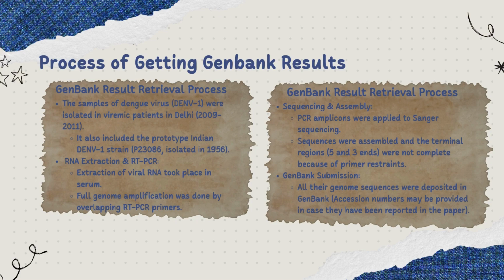The second process is sequencing and genome assembly. Next, the amplified DNA fragments were sequenced using Sanger sequencing, a gold standard method. However, due to technical limitation of the primers, the very end of genome 5' and 3' terminal regions couldn't be fully captured. Despite this gap, the team assembled